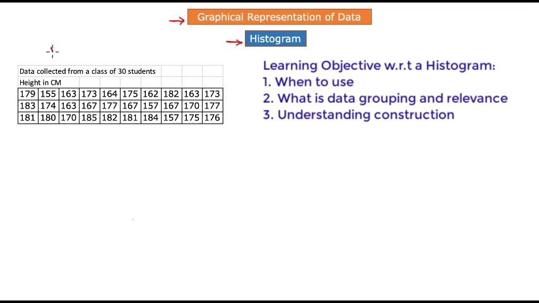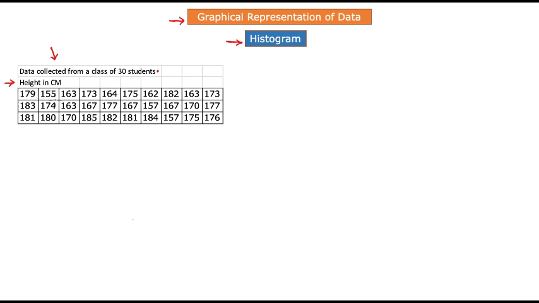And we are going to learn all three of those using this data set. This is the data collected from a class of 30 students, and we have recorded their height in centimeters. So this is our variable in study, and the objective is to study the distribution of height of those 30 students in this class. Now you will observe that this variable, the height, is continuous in nature,